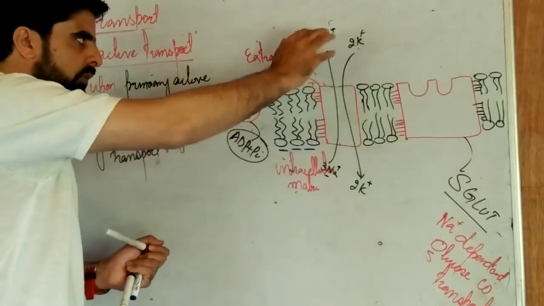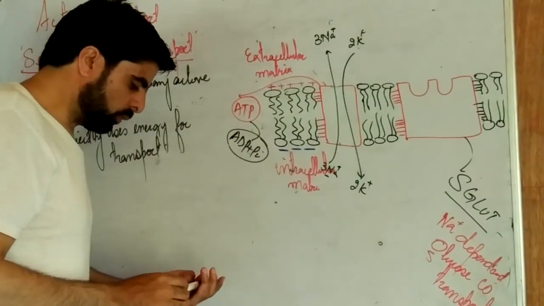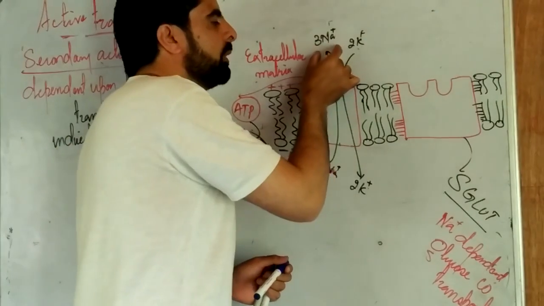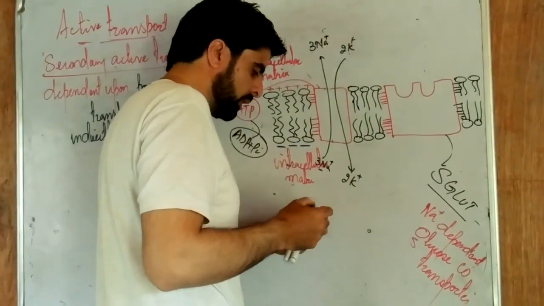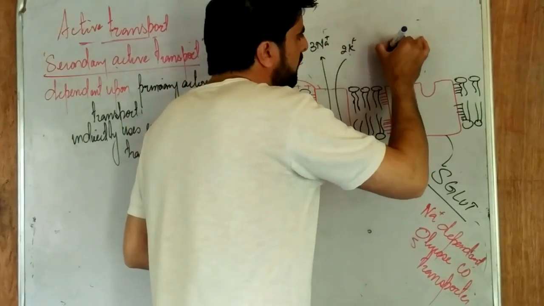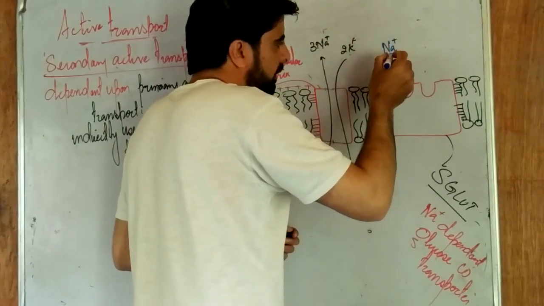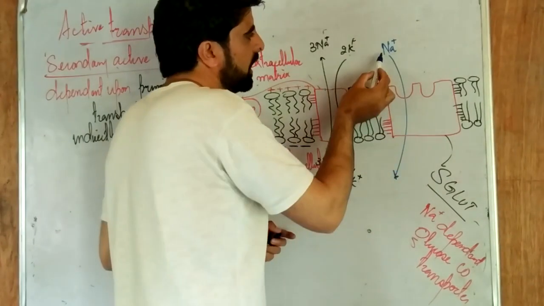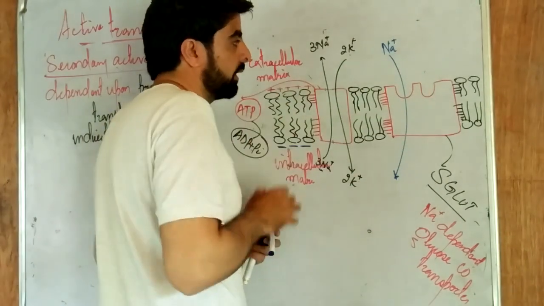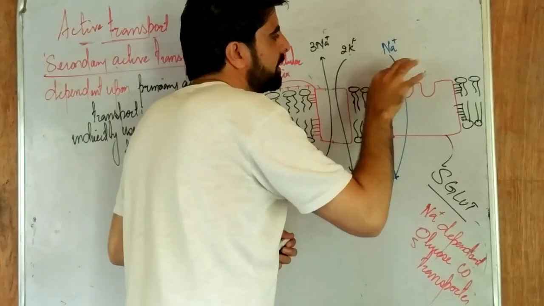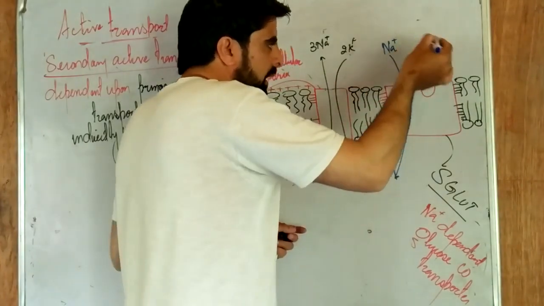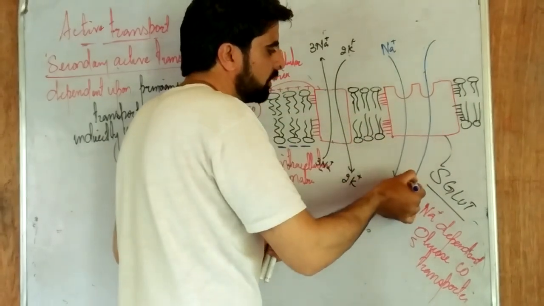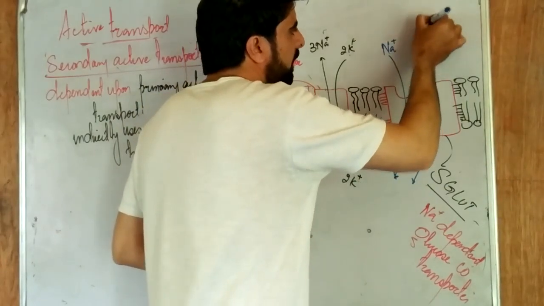Now what happens when this primary active transport takes place? The sodium concentration in the extracellular matrix increases. Now the sodium from the extracellular matrix moves towards the intracellular matrix along the concentration gradient, from higher concentration to lower concentration. When it moves, it liberates energy. This energy is utilized by this transporter to take in the glucose from lower concentration to